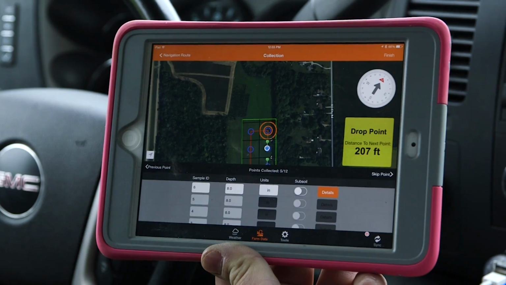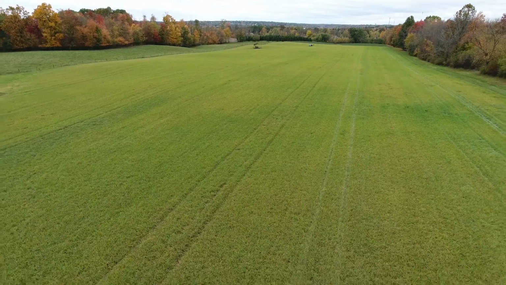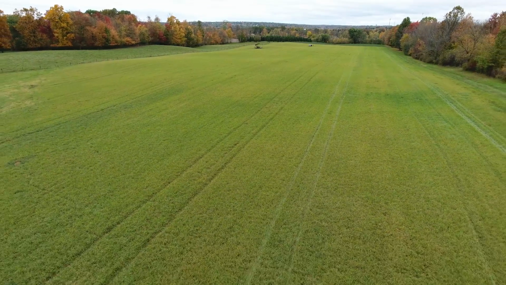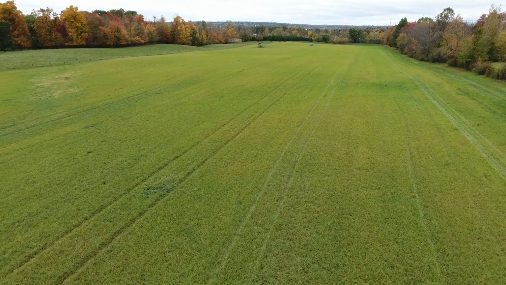And this has a lot of value for farmers and the environment. Farmers are looking to save a bit of money by only applying fertilizer where it's needed, and they're looking to reduce their environmental footprint by not over applying nutrients that can subsequently be lost to the environment and affect water